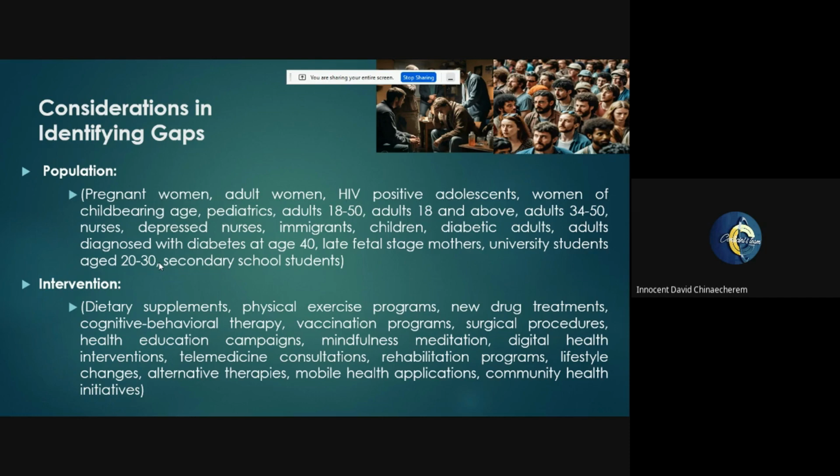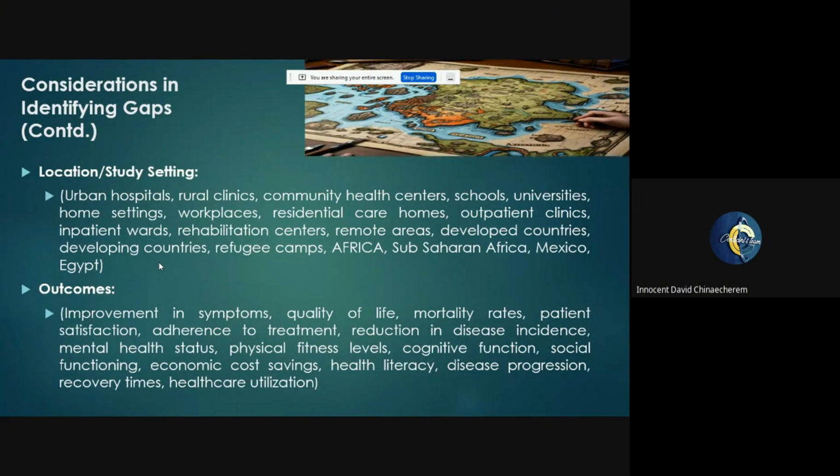And that proper search is going to culminate in your ability to now dig deep into literature and see what has not yet been done. So other considerations are location. Now everything could be the same, but now there is a different location. Remember, you have to note down all these, because when we start the practicals, commenting on the literature, we need to see that location can play a massive role in our gap.